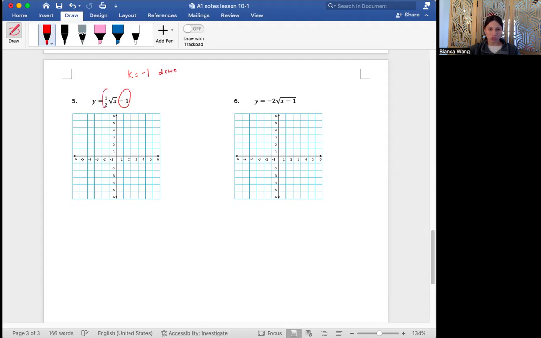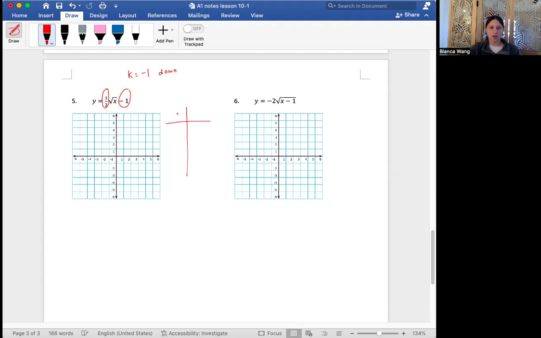My stretch is 1/2. So if I look back above, if it is between 0 and 1, then the stretch is actually being compressed. So it's going to become kind of more narrow, not as wide of a curve. It's going to be like a smaller curve. And so I don't know off the top of my head just what 1/2 times square root of x minus 1 would look like. So I'm going to make a